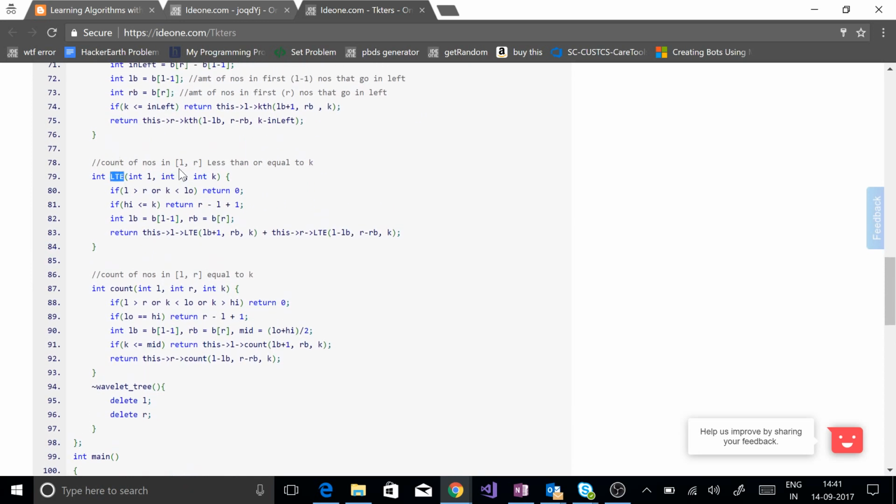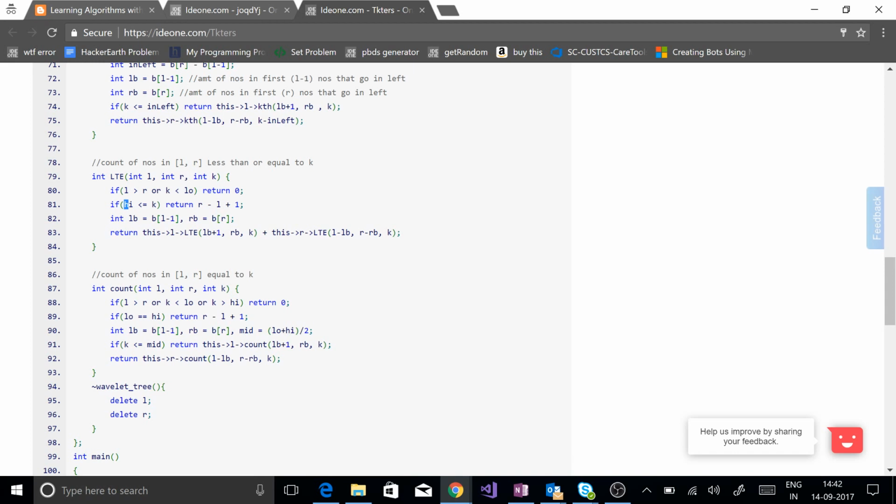So you're given an L to R subarray and how many numbers are there less than or equal to k. So guys, what you can do is, you are in some node, right? And you know that all its elements are in the range low to high.